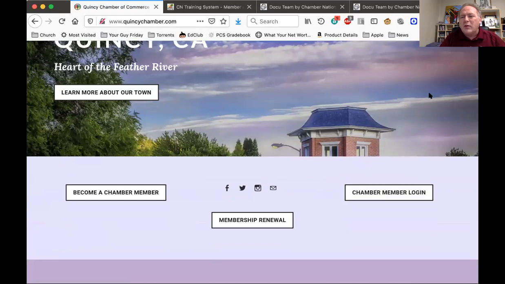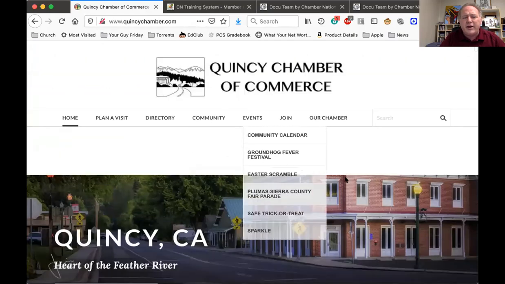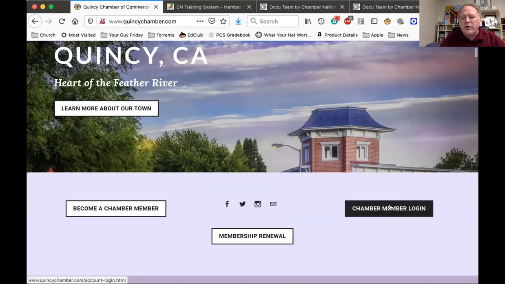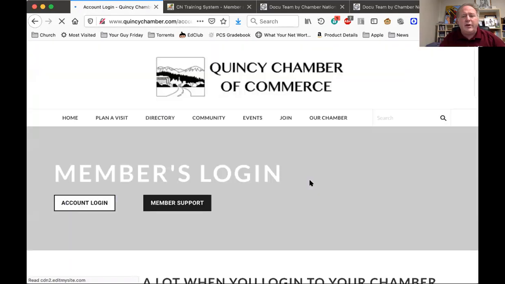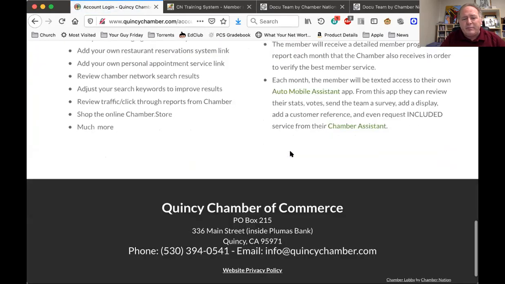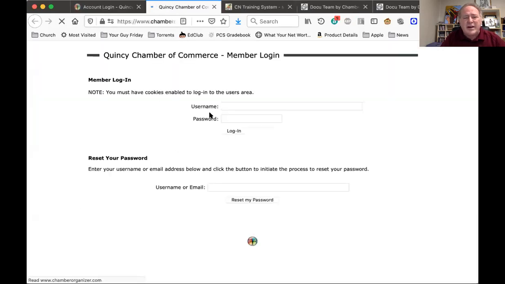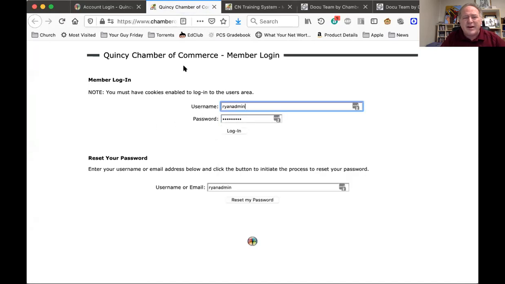And so what you want to do is go ahead and find, it might be a link under one of these that you might find. There may be a button, but you want to go ahead and find that. When you click on that, it's going to take you in here to a page. Theirs is very different, but normally what will happen, there we go, account login. Normally it's going to just take you straight to this page right here.